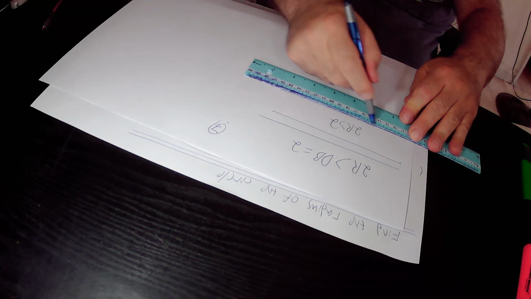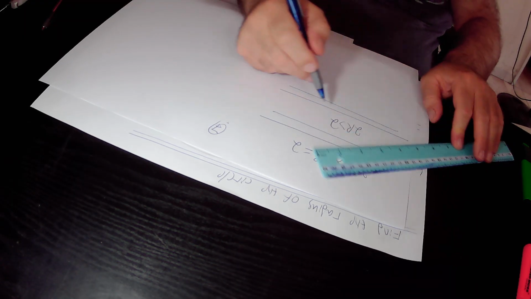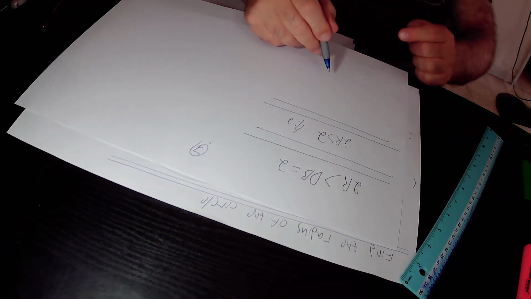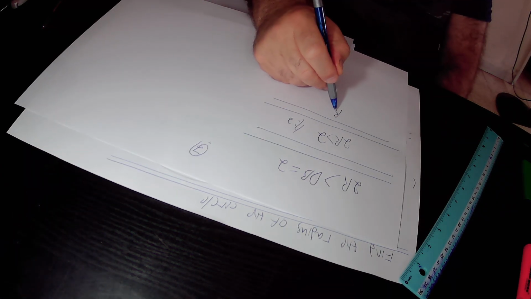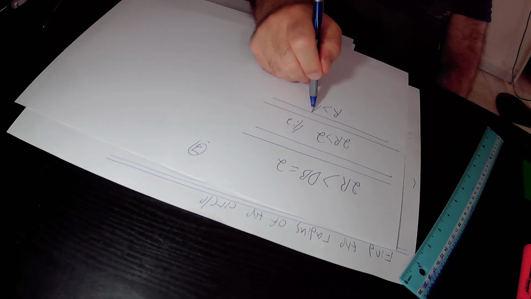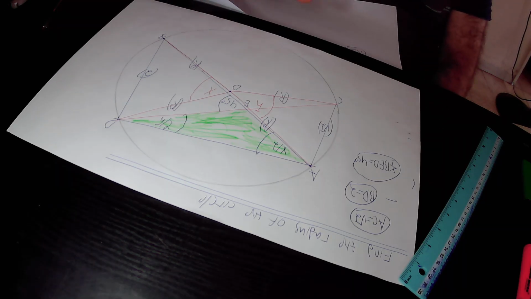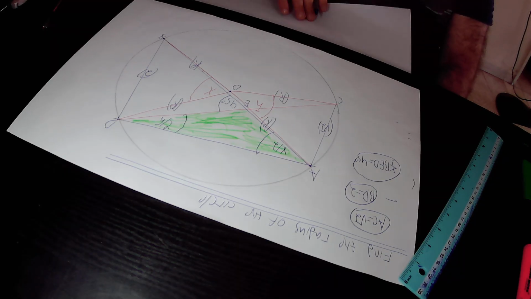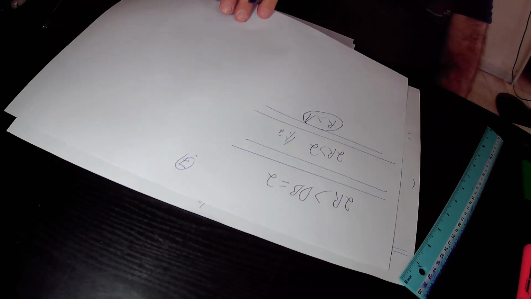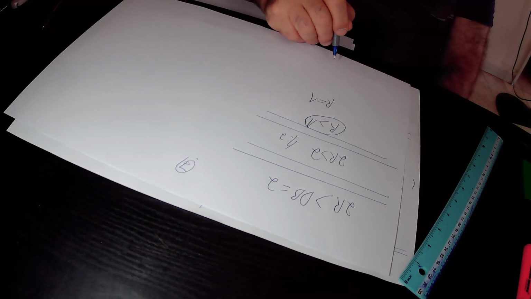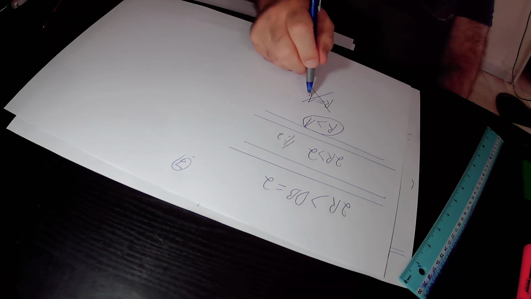Okay? 2r is greater than 2. When we divide this inequality by 2, we finally get that the radius r that we are looking for must be greater than 1. So I found out that the radius r of this circle must be greater than 1. If the radius r of this circle must be greater than 1, the radius r cannot be equal to 1. So we cancel the solution,